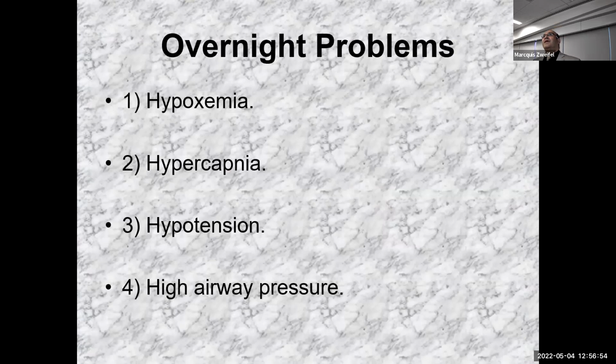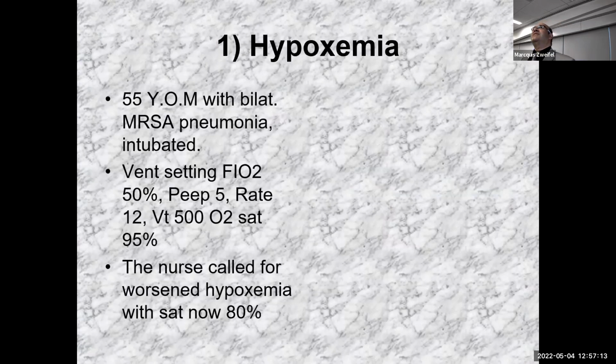So these are the 4 problems that we'll talk about. Hypoxemia, and I want you to use the word hypoxemia, not hypoxia. Hypoxia is tissue hypoxia. Hypoxemia is what you get with the ABG and the pulse oximetry. Okay? Then hypercarbia or hypercapnia, hypotension from vent settings, and high airway pressure. Let's start with this case: a 55-year-old man with bilateral MRSA pneumonia, intubated, with vent settings FiO2 50%, PEEP 5, rate of 12,